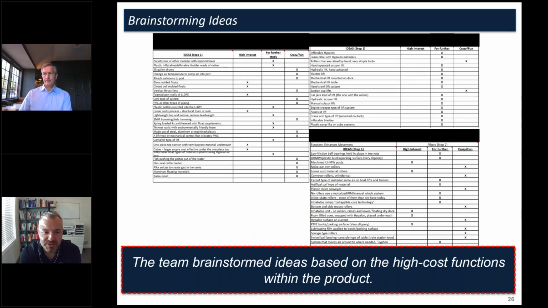Once you have your cost function worksheet, this really shines a spotlight on which of the functions are highest cost. And then the facilitator organizes a brainstorming session where we take those high cost functions, we have all the parts laid out, they're labeled with weights, suppliers, piece part price, and so on. And we're brainstorming alternative methods to deliver that same function in a new, different way, or eliminate it completely if it's not necessary, or coming up with a different way to do the same function. From there, you have a big list of ideas that need to be prioritized, and then that would take us into the next step.